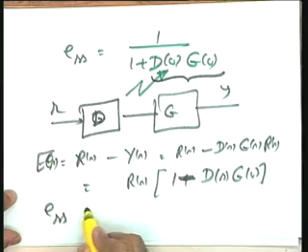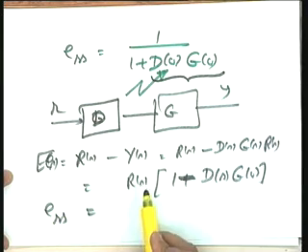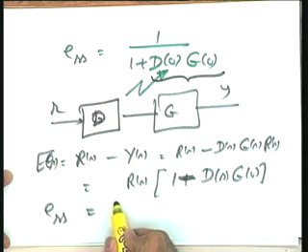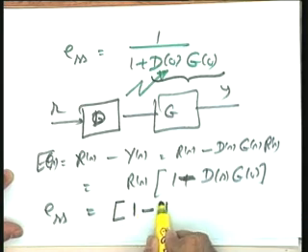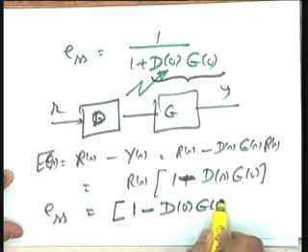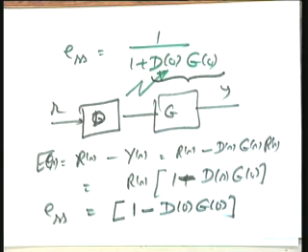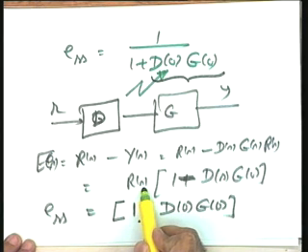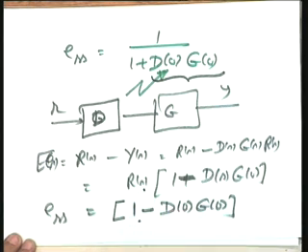Just please look at this point: the steady state error, for a step input, I will take R(s) is equal to 1 by s and then apply the final value theorem. Give me the result for steady state error please. 1 minus D0 G0. See whether it is okay. I have substituted R(s) is equal to 1 over s and then applied the final value theorem.